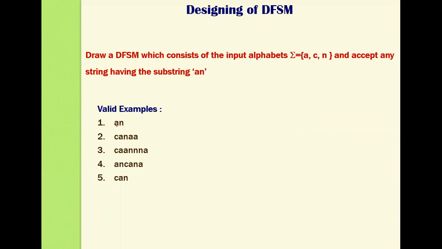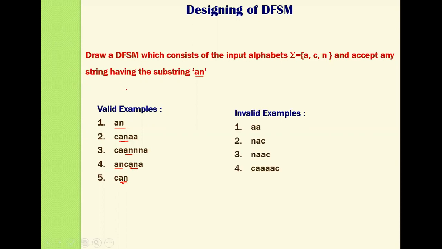This is a substring. You all know what a substring is. A substring means a string, let us say A followed by N. It can be at the beginning or anywhere in between. But A followed by N, that means A and N must always be together here. So I have AN here, AN here, then AN here, then again I am having no problem. But anywhere, I can have it. Okay. So these are all the valid examples.